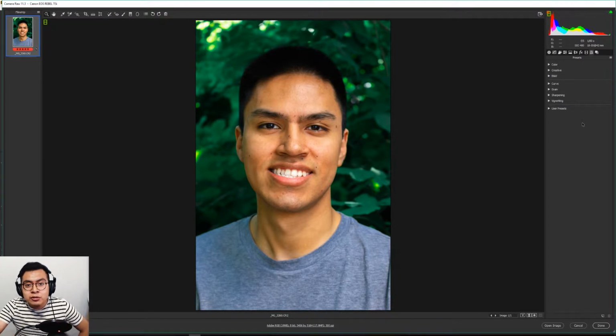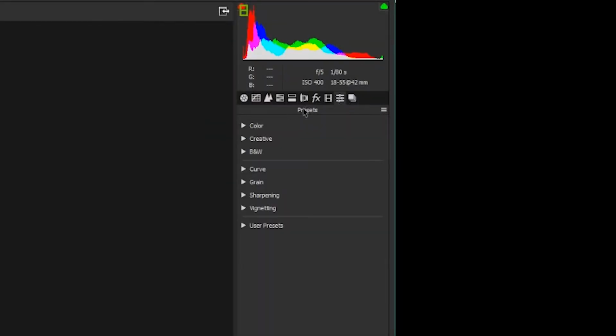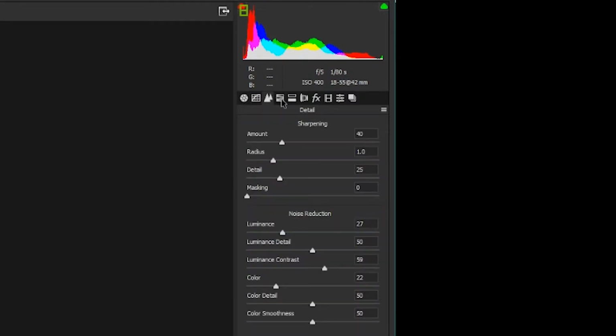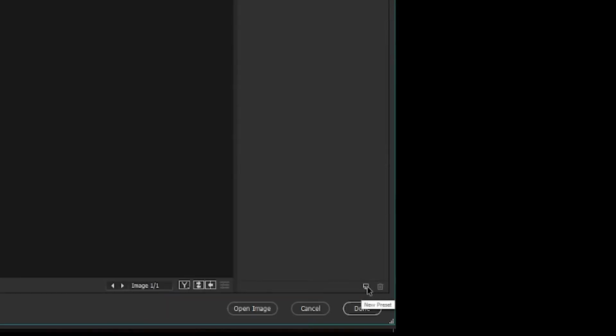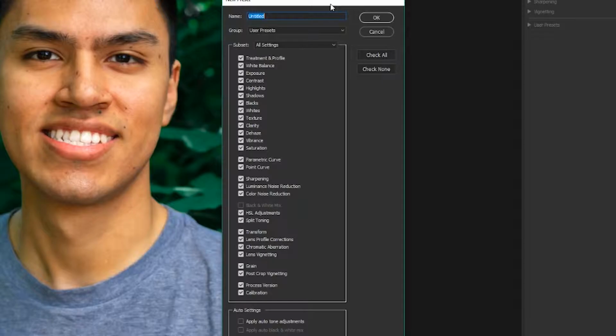So here, let me show you real quickly how to save your presets. So first, you go under this tab called presets, and remember, you're using all of this information here, and what you gotta do is simply click this little button here, a little page that says new preset. Click on it, and then just tell Camera Roll what it is that you want to save. You want to save the white balance, all these settings, which again are under each respective tab. I'm just gonna call it portrait fix,